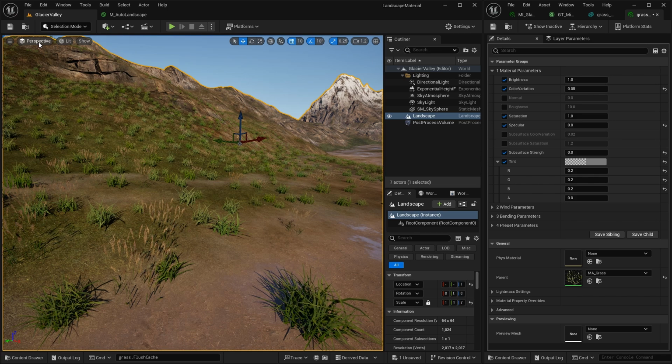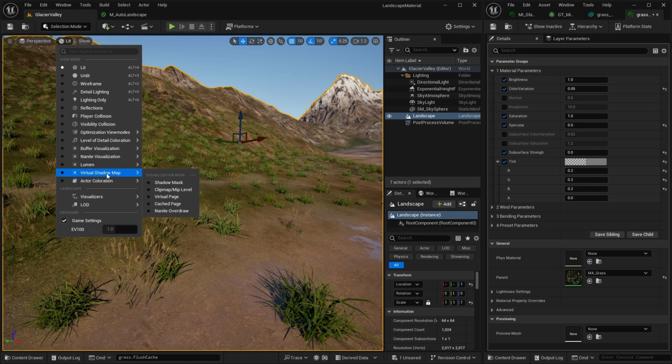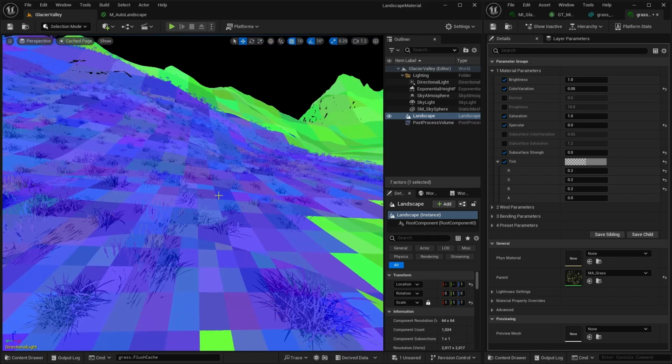So if you go into the lit virtual shadow map cached page, can you see how where this grass is, all of these pages here are blue, which means that the shadows are having to be recalculated regularly, whereas in the distance where there's no grass, it's green. So that's much better for performance. So there are a couple of ways we can deal with this. We can either switch the animation off completely, or we can set a limit on the distance that animation takes place. And that's an option within our landscape grass types as well.